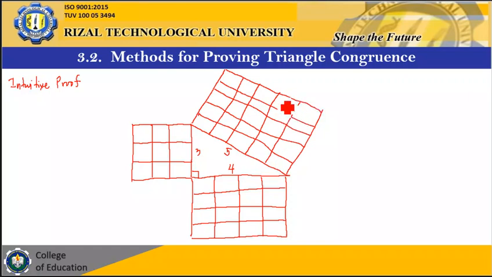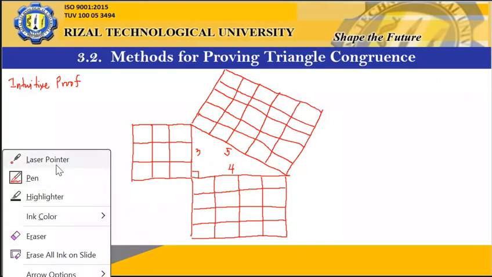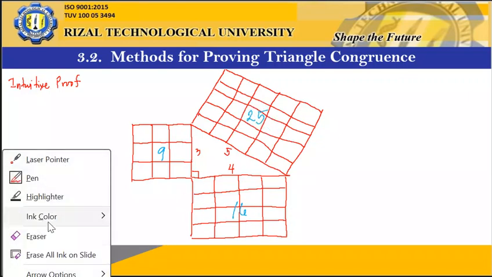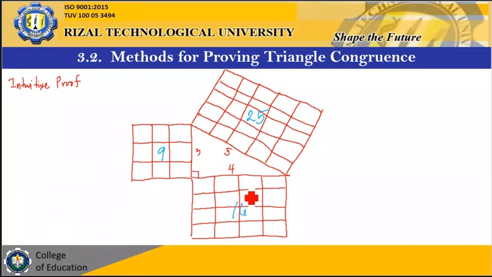Okay, so we know that the side that is in the shorter leg is 9 square units, and for this portion is 16 square units, and for this portion is 25 square units, so that we can see here the relationship